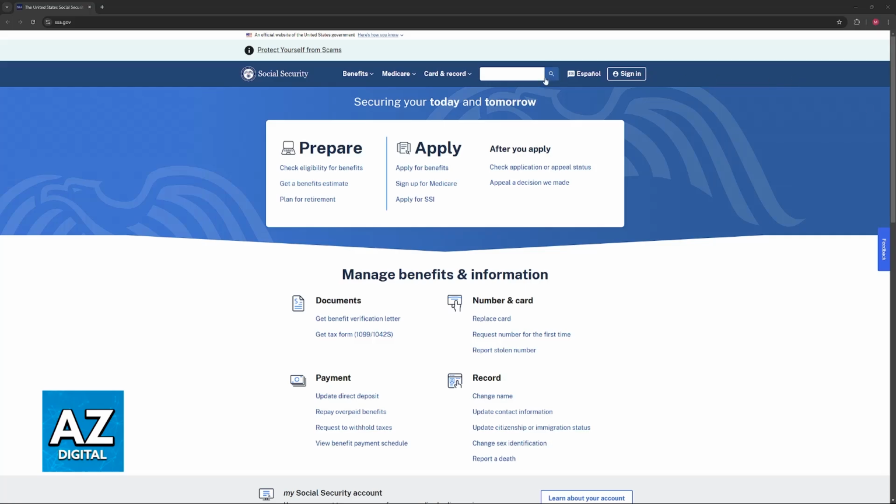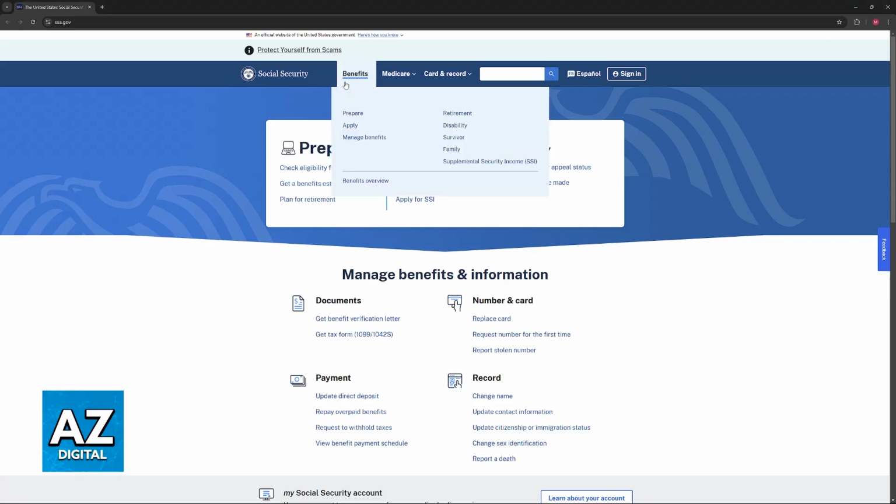So all that you have to do is go over to the Social Security website at ssa.gov. Before starting, I want to make it very clear that while it is possible to get a rough estimate using online calculators, including ones made by the SSA, the precise calculation of Social Security benefits is a complex process involving several factors, like your earning history, a full retirement age, and early or delayed retirement. I'm going to give you a general overview of the process, and you should be able to get this done